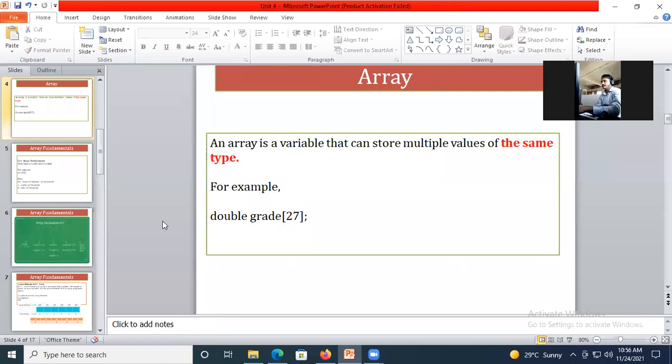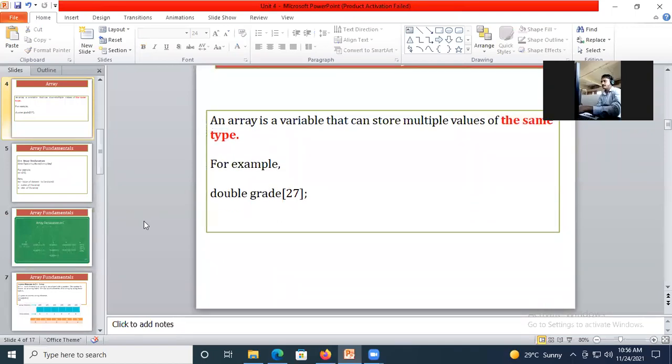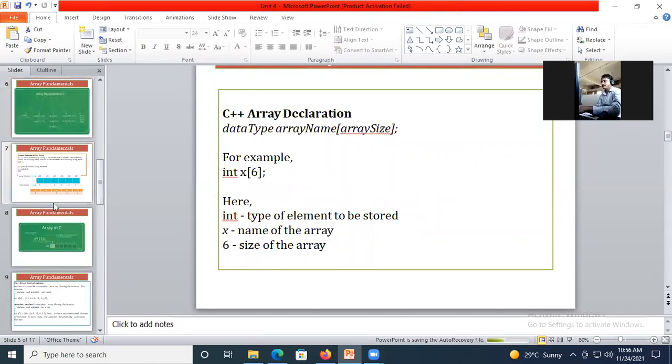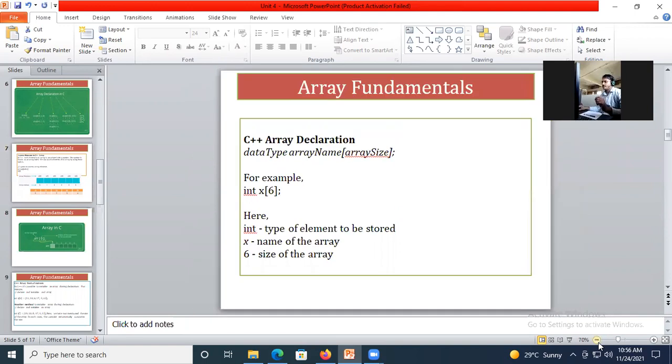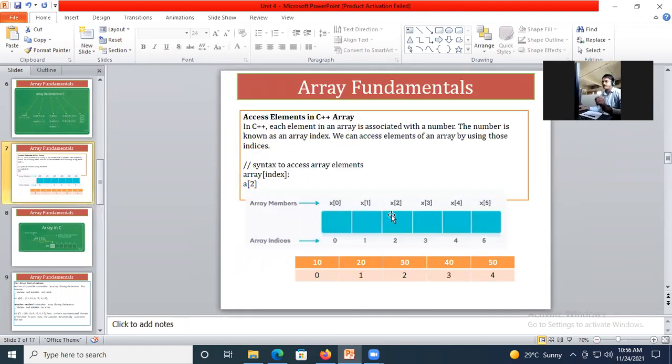Now how to access the values from an array. मग आता array मधून values कशा access करायच्यात? So for that you need to remember a basic condition. What is that basic condition? You need to remember its index location. All the values from the array, like here we have taken the example 10, 20, 30, 40, 50. All those array elements are assigned with some basic index.